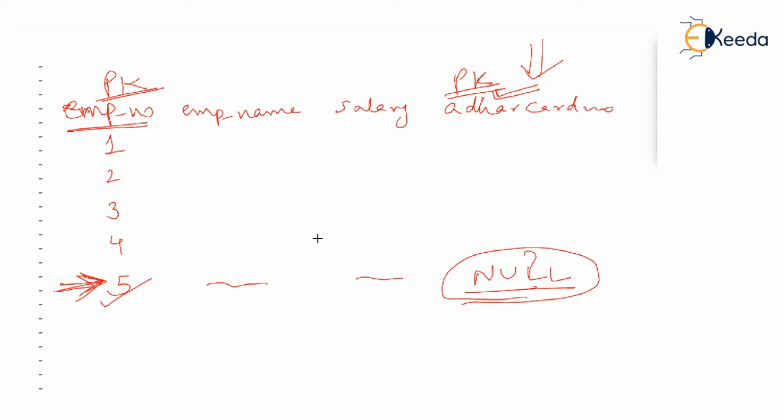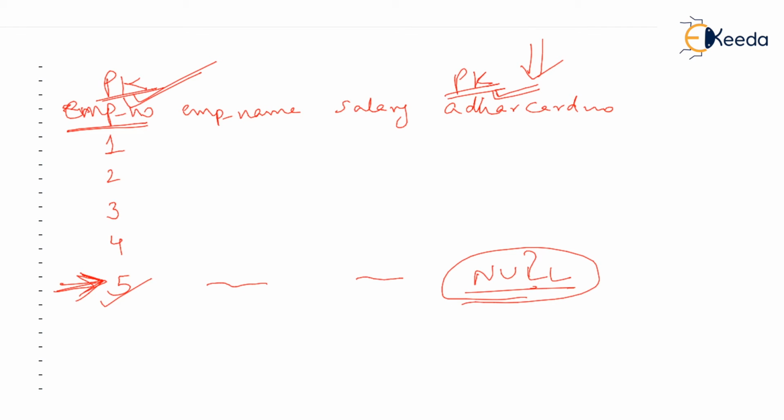Although you want Aadhaar card number to be a primary key, there is a possibility that there can be some employee who does not have any Aadhaar card number right now. Then employee number wins the competition, and you would say that let employee number be the primary key. Like, let's say all employees are having, naturally, PAN card numbers. And you all know that PAN cards are also unique. For income tax returns filing, you need PAN cards, and PAN cards are unique for all employees.